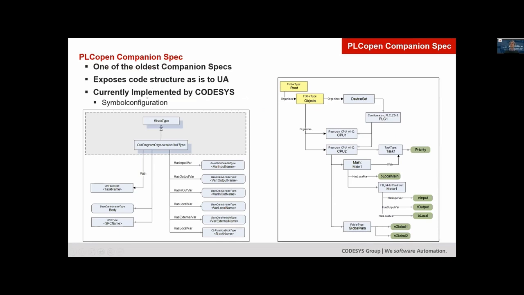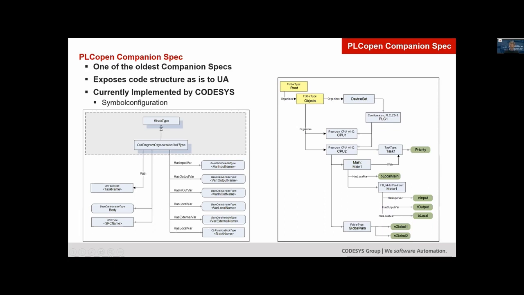CODESYS implements the PLCopen companion spec, which is one of the oldest companion specs. It was one of the very first after UA was created. Its goal is to expose IEC 61131-3 code into OPC UA. And as you can see from this information model, there's a type called block type, which is then a POU type, which then has inputs and outputs and in-outs and local variables and external variables, and it can contain other